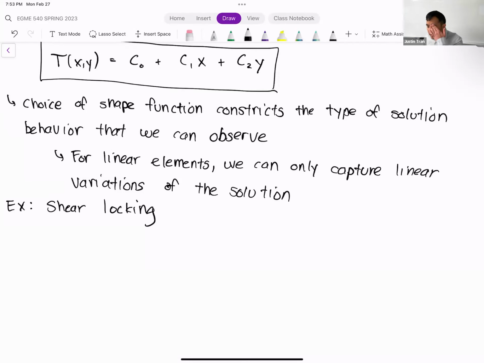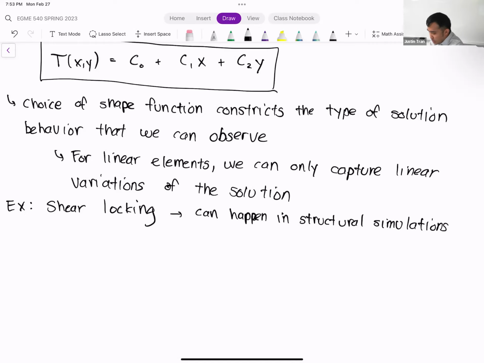But basically, shear locking is something that can happen in structural simulations, and so basically the types of simulations that we're doing in this class.